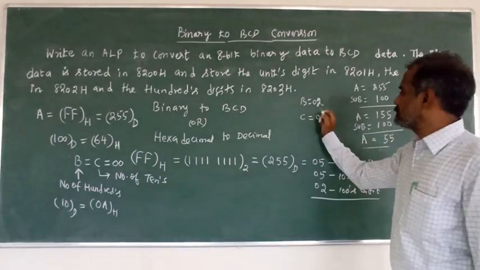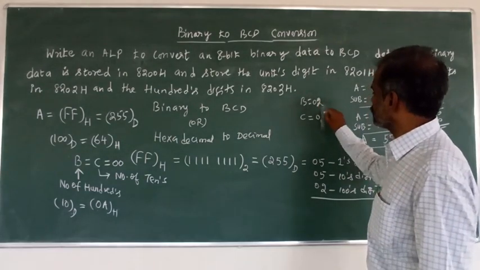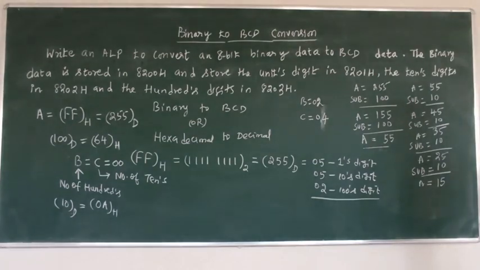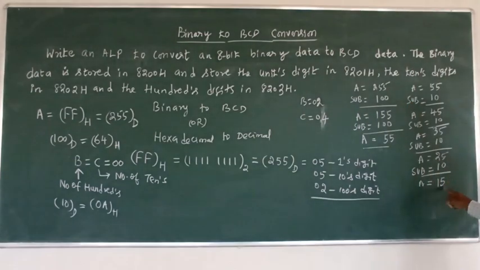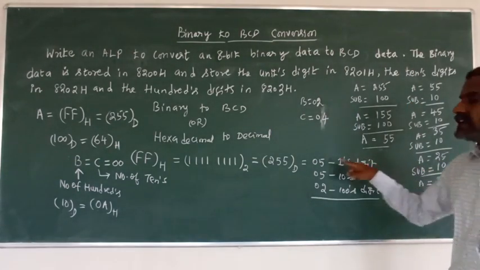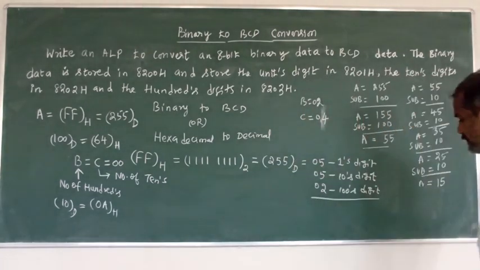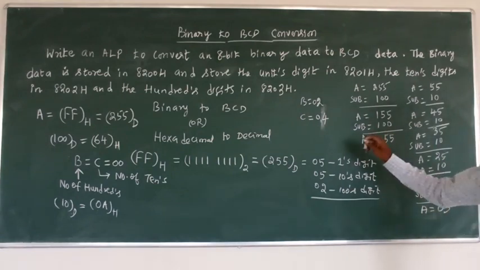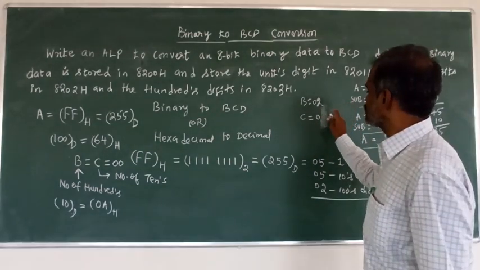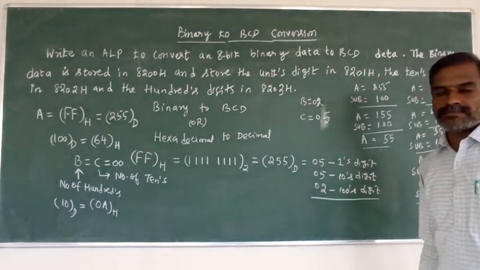Now increment the C register a single time. C equals 04. Now compare the accumulator data with 10. Here the carry flag will again be reset. Reset means the accumulator is larger than 10. Again subtract 10 from the accumulator. Now the accumulator result is 05. Now increment the C register a single time, C equals 05.